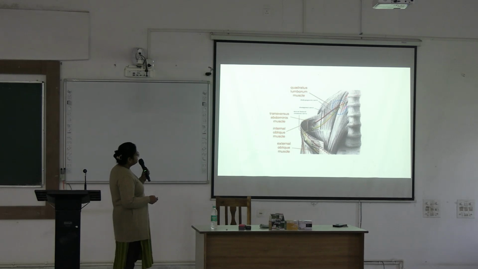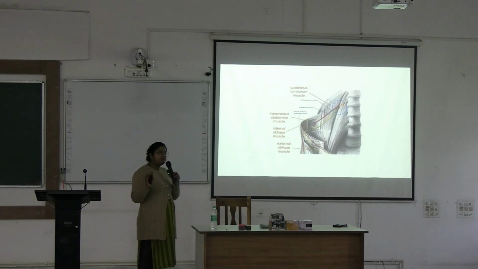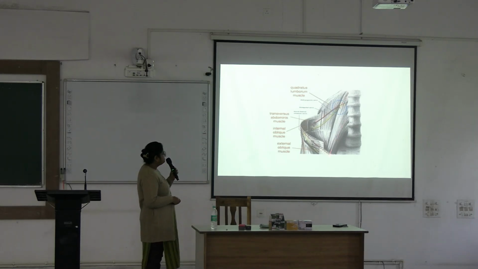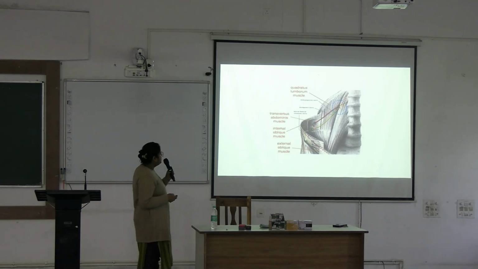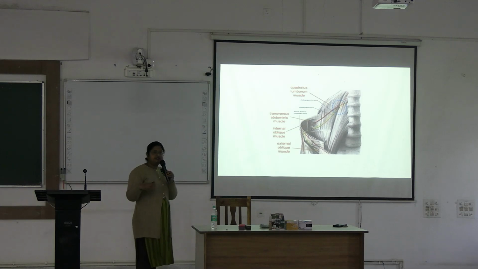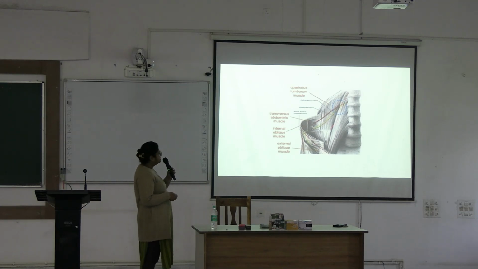This is the ilioinguinal nerve. The lumbar plexus is embedded within the psoas major muscle. So this is the psoas major muscle. This nerve comes out from the lateral margin of the psoas major, then lies over the quadratus lumborum. This muscle is the quadratus lumborum. Lying over the quadratus lumborum, it passes up to the iliac crest in between the two muscles, transversus abdominis and internal oblique. Then it pierces the muscle and becomes cutaneous by dividing into two cutaneous branches, anterior and lateral cutaneous branches. So this is the course of the ilioinguinal nerve.